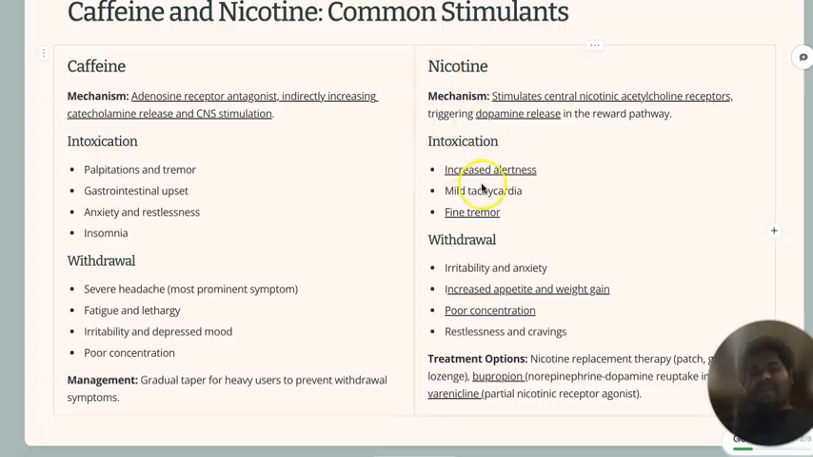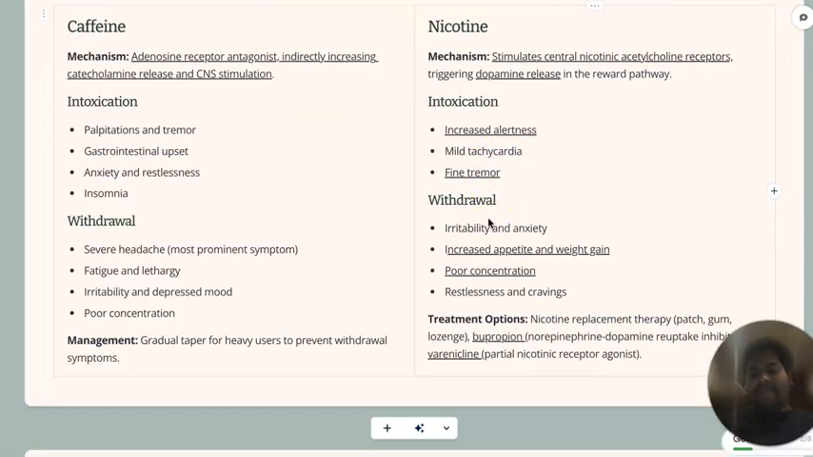And intoxication leads to increased alertness, so that's why people say, "I like to do smoking because it increases my alertness." Okay, and at the same time they will be having tachycardia, sometimes tremors in their hands. And the withdrawal may lead to irritability, anxiety, increased appetite and weight gain, and poor concentration, okay, and the craving,